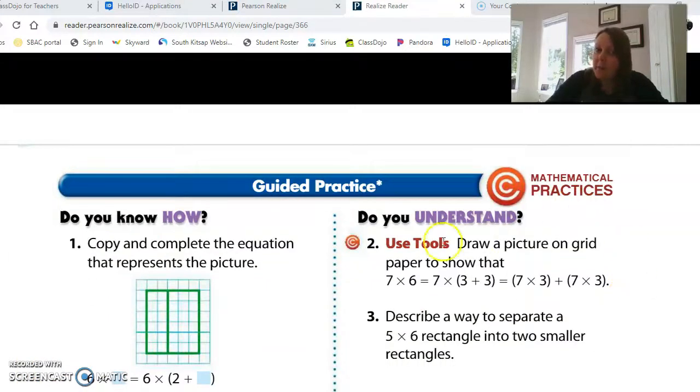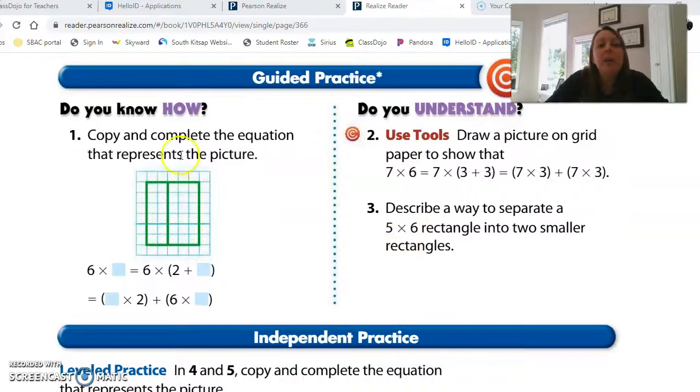All right, here we go with number one of our guided practice. Copy and complete the equation that represents the picture. So I'm going to write down the numbers that you see there. So number one, 6 times, I'm going to draw a line for the blank so I don't forget that it's blank, equals 6 times, and then parentheses, 2 plus blank, equals blank times 2